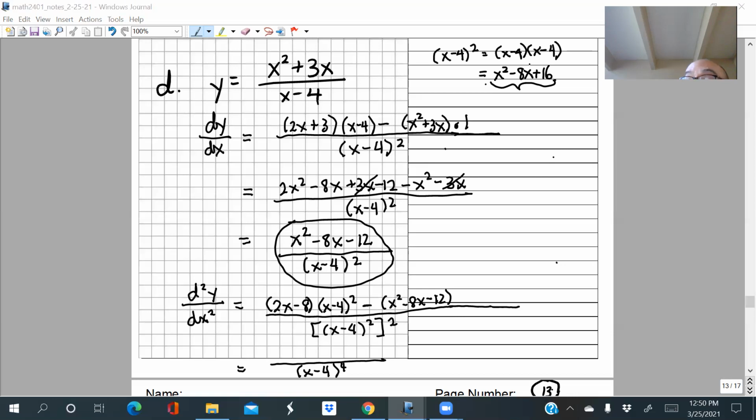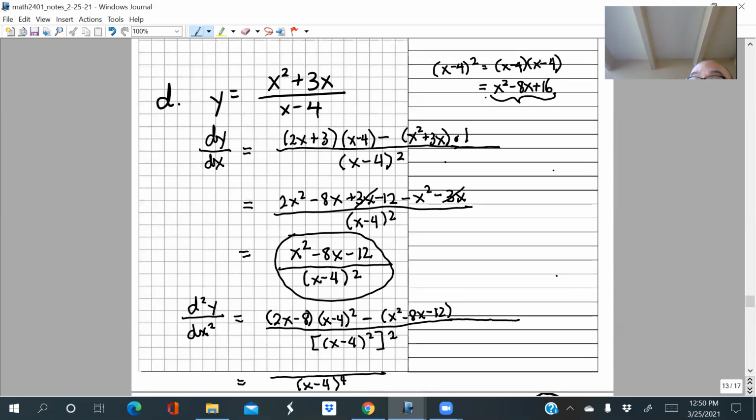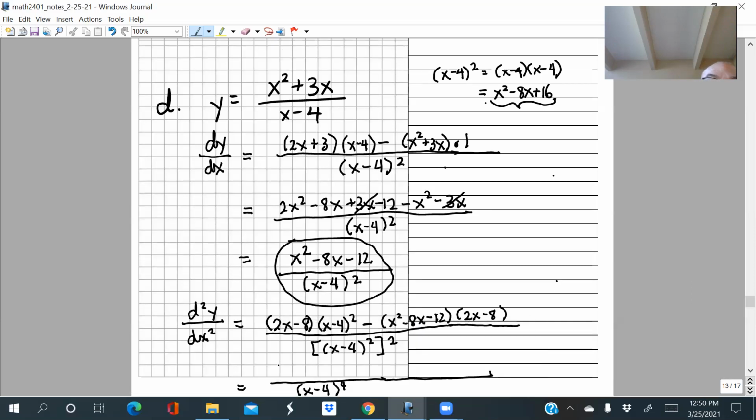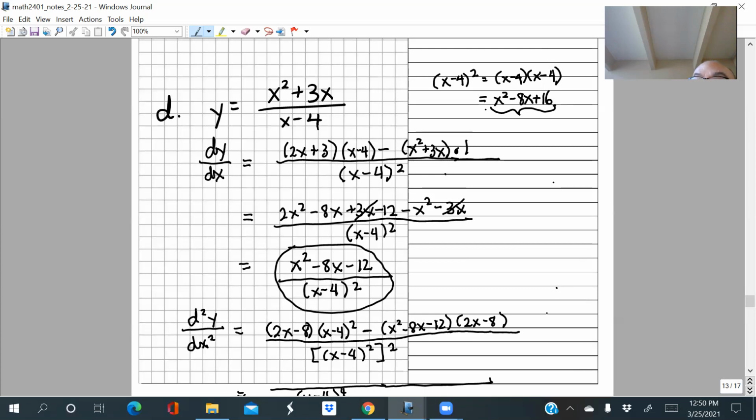And it's easy to find the derivative of x² − 8x + 16. That derivative is going to be just 2x − 8. And there it is, okay? I haven't simplified it, but there is your second derivative. If you want, you can multiply all these parentheses together and add like terms, and simplify the numerator. I'm not going to go through all those steps now, so I'm just going to leave it in this kind of raw form